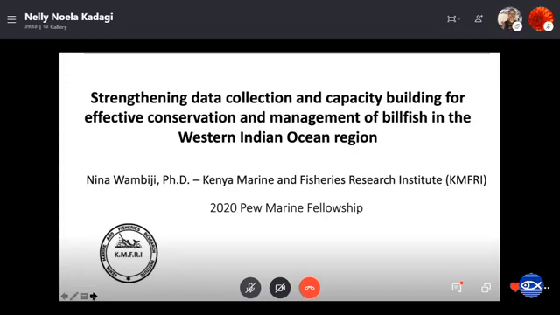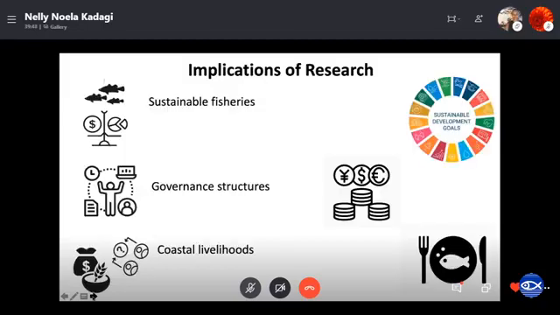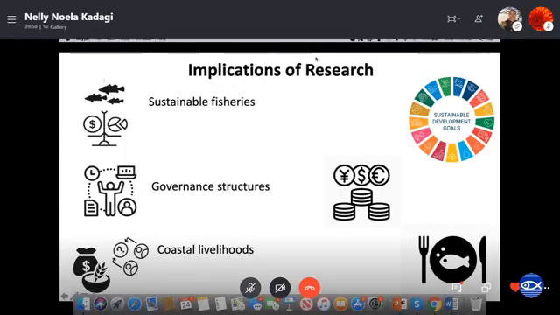I can tell you they are well sought after by sport fisheries, but can we quantify how much sport fishery brings to the table in terms of billfish? Can we quantify how much small-scale fisheries bring onto the plate in terms of billfish species? And lastly, can we tell the impact of commercial fisheries? And so these projects combined together helps us to think about these factors in a sort of large scale perspective.